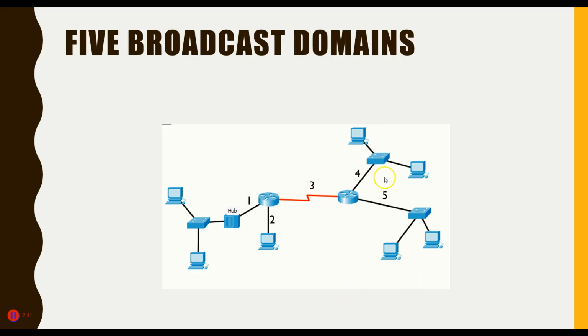And here again I have them labeled a little more neatly than I can do with my handwriting. So that's the idea of broadcast domains. You simply look for routers. You don't actually count connections to the routers. I can't say, well, there's 3 connections here, 1, 2, 3, and 3 connections here, 1, 2, 3, so that's 3 and 3, which would be 6. Remember that this router to router is only one broadcast domain. By the way, this symbol right here refers to a WAN link, and these dark black lines refer to LAN links. All right, that's it for broadcast domains.